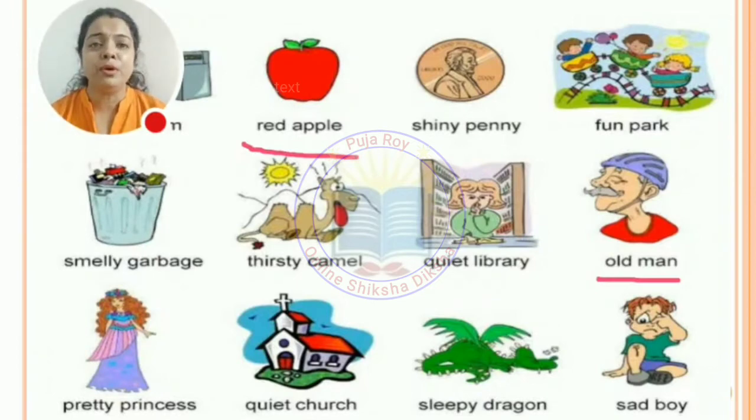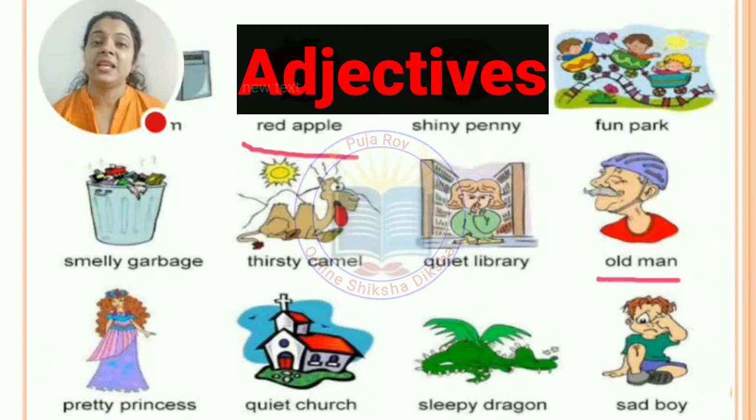There are a number of words which are used before a noun, and what do they do? They talk more about a noun. Yes, they speak more about a noun, they give us more information about a noun. So what are these words, red, shiny, smelly, thirsty, quiet, sleepy? These words are actually adjectives. Yes, the words which modify a noun and tell something more about a noun or a pronoun are known